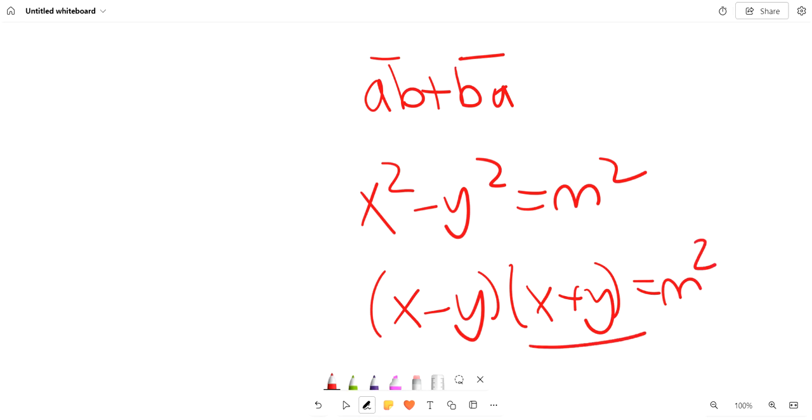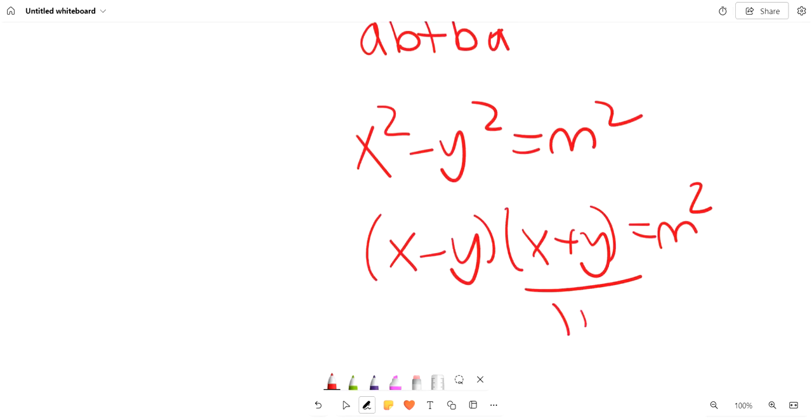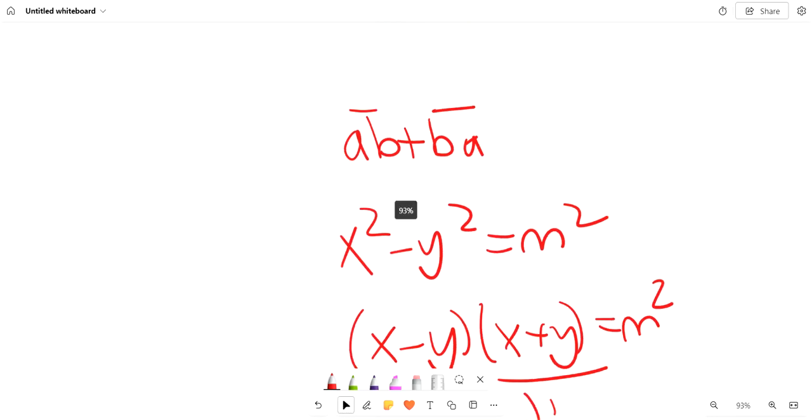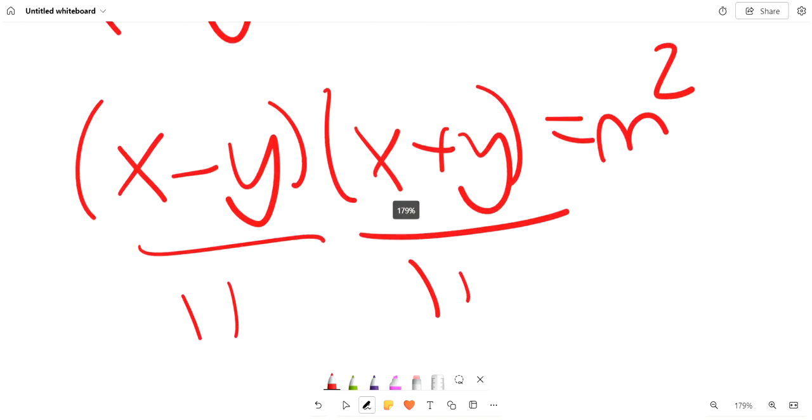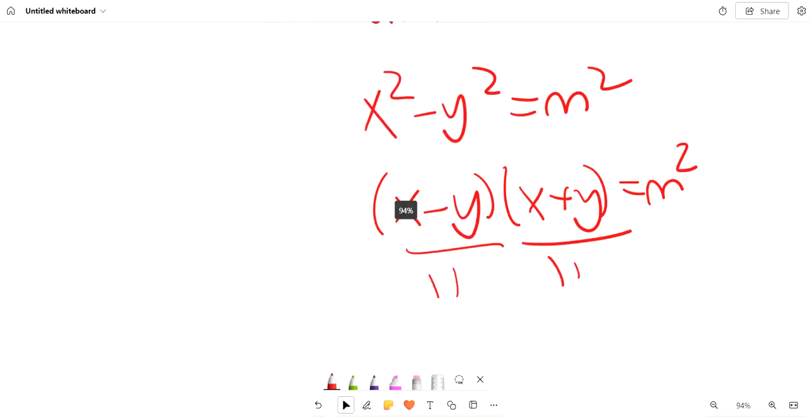Since x plus y is divisible by 11, this is divisible by 11 squared. It cannot be divisible by 11 cubed, because that's 1331, and these are only two-digit numbers, so it cannot be large enough to exceed